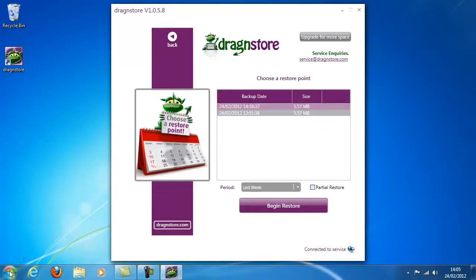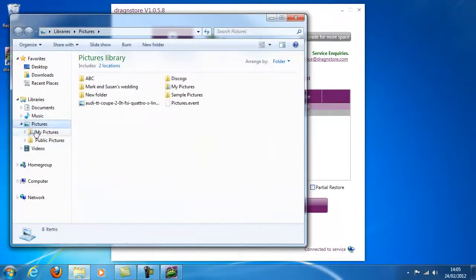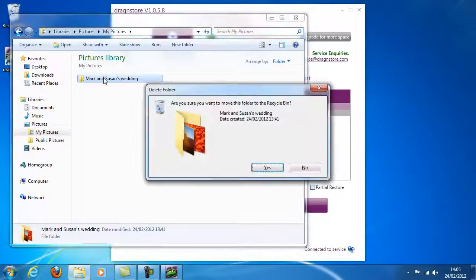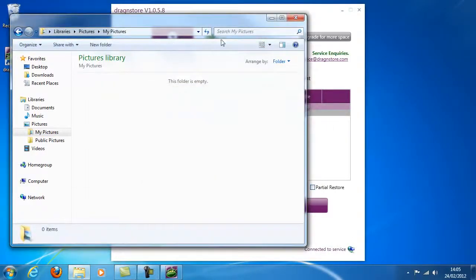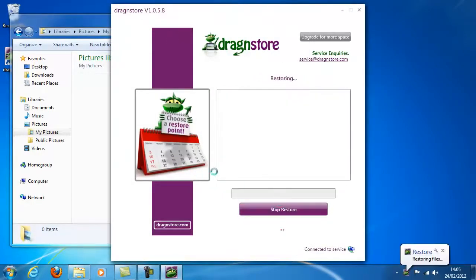If I then go to my computer and then pictures, here you have the folder I backed up, which is Mark and Susan's wedding. If I just select that and delete it, okay, so that's now gone to my recycle bin. If I go back into the application, select that backup and then hit begin restore,